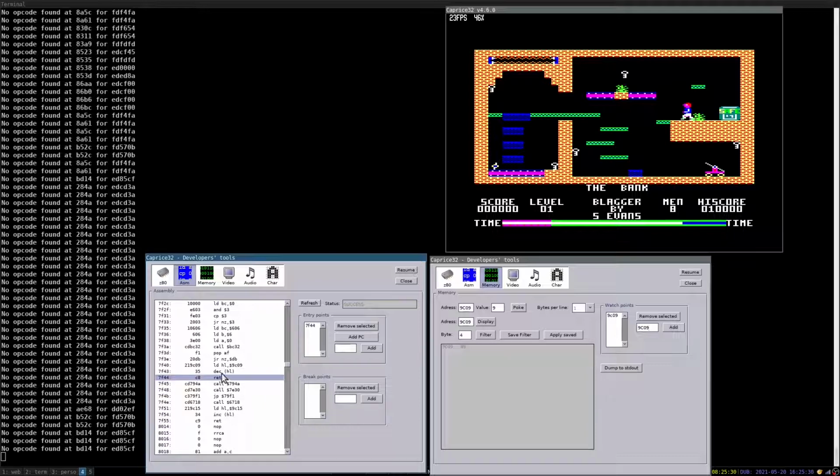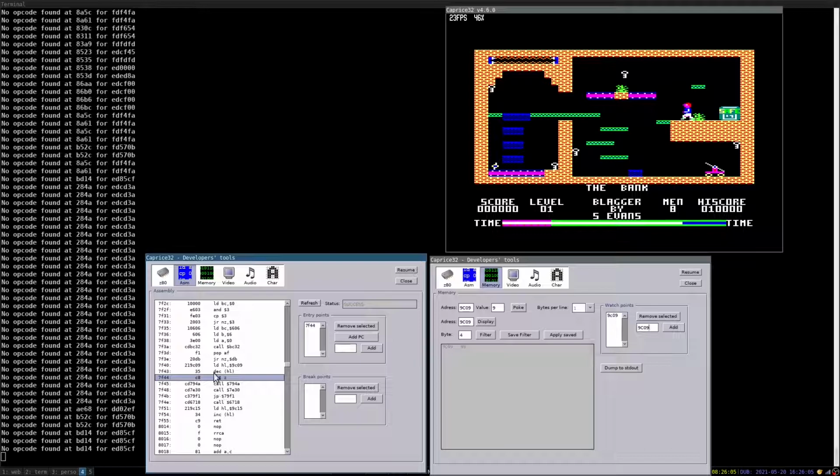And we can see that we're at an address where we have a RET Z, just after having decremented something pointed to by HL, after having loaded the value 9C09 into HL. So we've decremented whatever is at the address 9C09 at this line. And then we check if this is 0. If this is 0, we return, so it means we are dead. If it is not 0, then we continue.